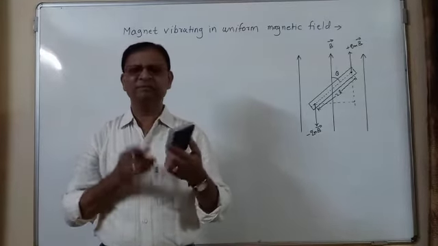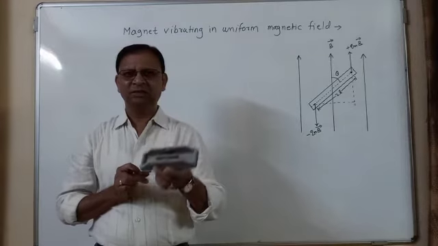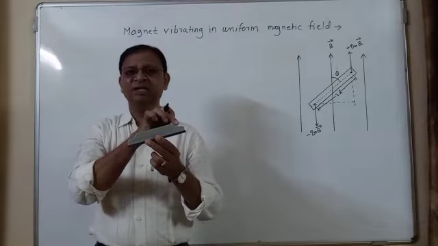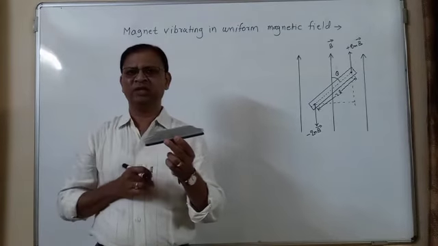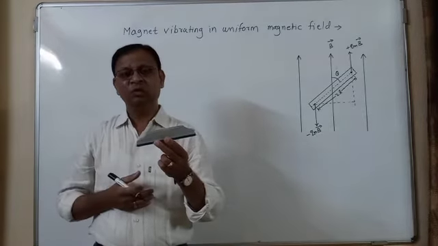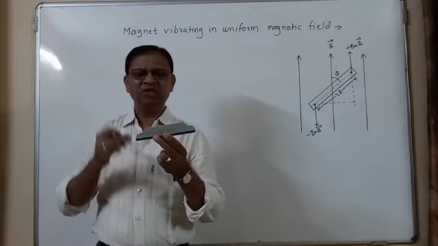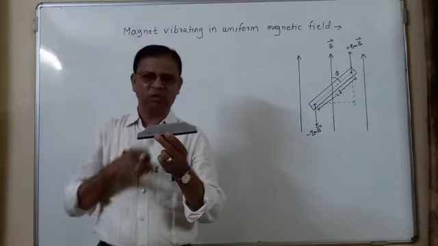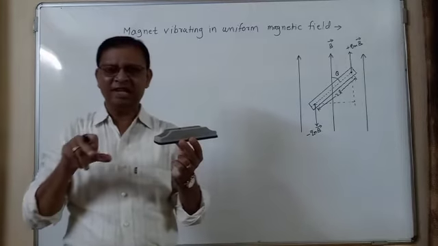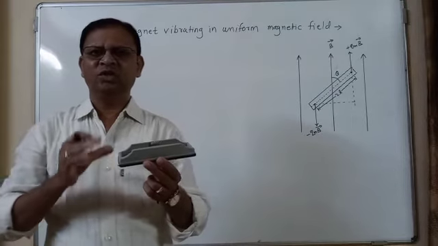You know the idea regarding this bar magnet. The bar magnet has two poles, so it is called a dipole. It has a north pole and a south pole. The distance between the north pole and the south pole is called the magnetic length. The straight line passing through the two poles is called the axis of the magnet. The distance from the center of the magnet to one of the poles is half the magnetic length, denoted by L, and the magnetic length is denoted by 2L.